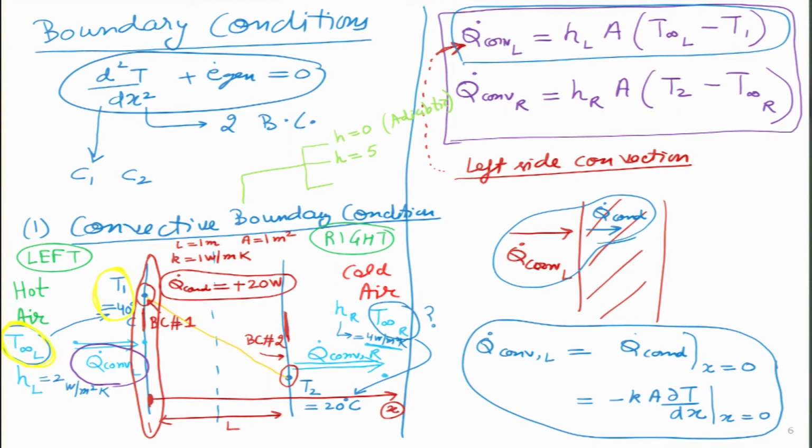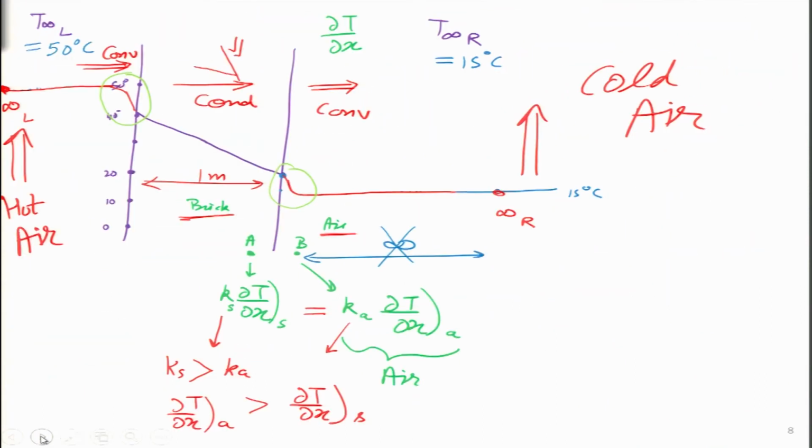Because no heat is actually transferring from the hot air to the wall, it is acting like an insulator. If I make H very large, let us say 1 lakh or 2 lakh or a very high number, then it will turn out to be the constant temperature boundary condition. And I can show all these three things with the graph, that essentially when we have a very high value of H, then this gap will start reducing over here. So, the fluid will actually behave at the same temperature as the wall. Both will have very close temperature to one another because the H value is very high.